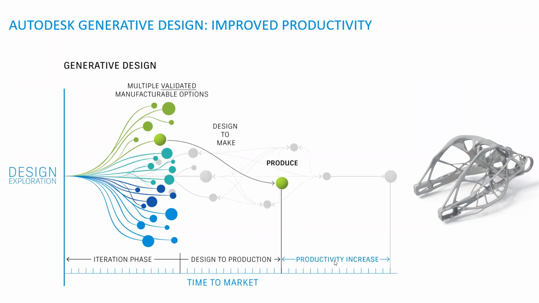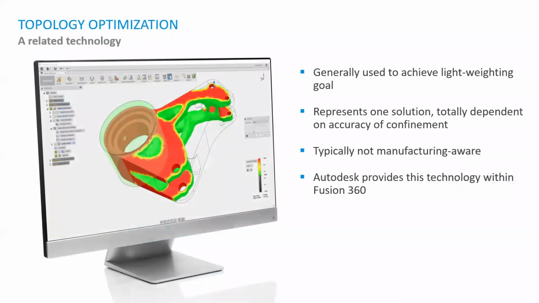See, productivity automatically increases because we are saving a lot of time. We can come up with a good solution, and you can directly go to the manufacturing of that product, right? So this type of simulation is already available in most of the software, and it is called topology optimization. That is based on how you can customize the material, the overall shape, the overall topology of your product.